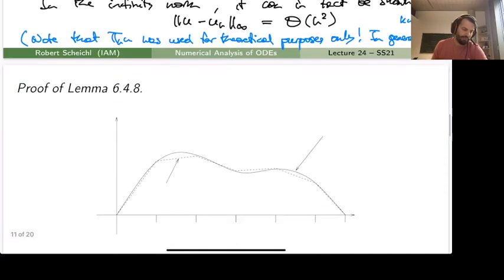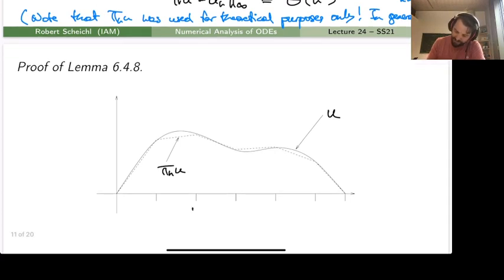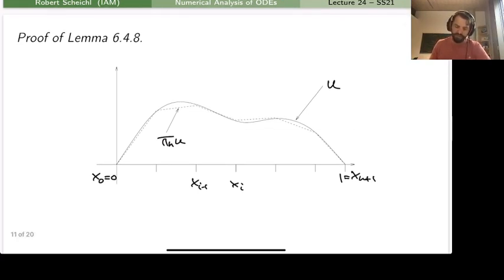So what am I trying to prove? I have my function u here. So u would be the solid line, and I have my linear interpolant Pi_h u, which interpolates at the grid points. So here we have x_{i-1}, x_i, and at x_0 and at x_{n+1} we have 0. In order to prove the error in infinity norm in the derivatives between those two, let's define for notational simplicity